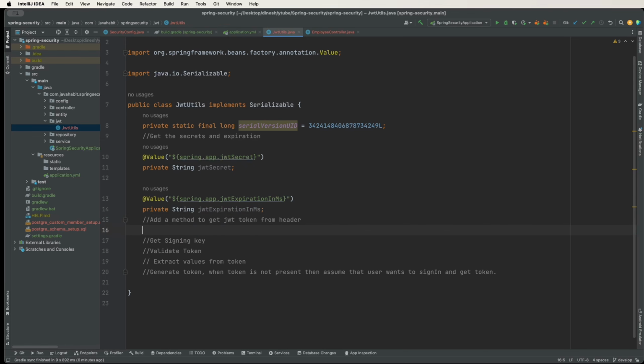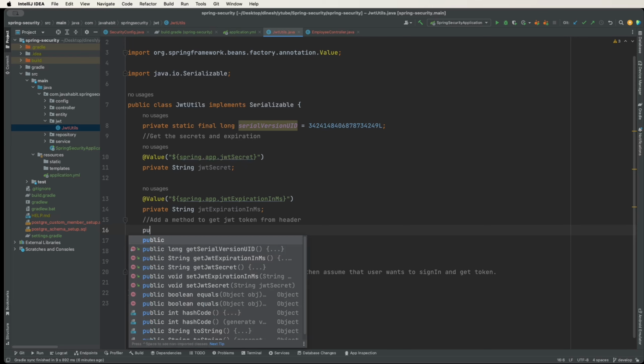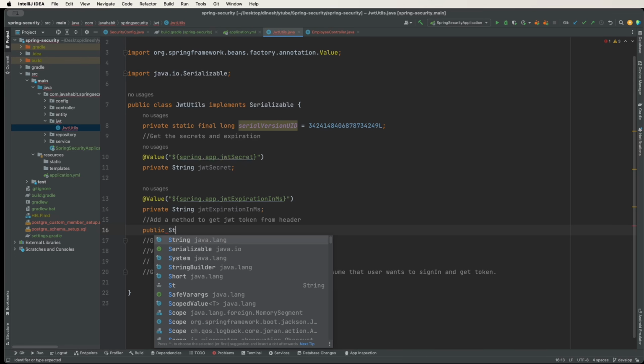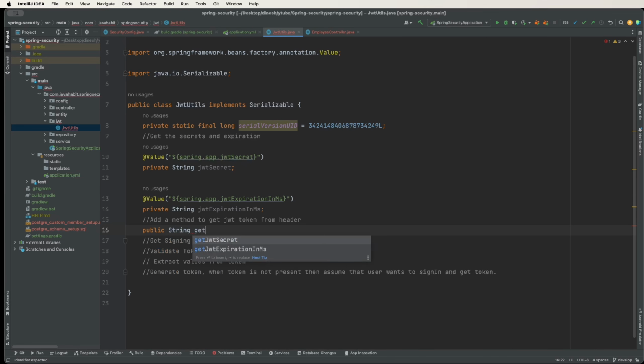Everything just starts showing up automatically for me. All right, so we have the JWT secret and the expiration time in milliseconds. Now what do we need to do? The first method we're going to create is a method to get the value of the JWT from the header,